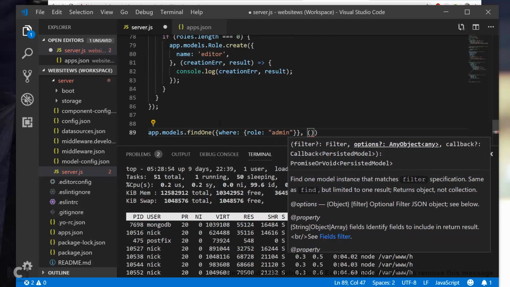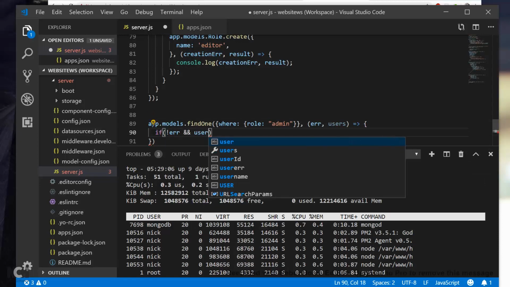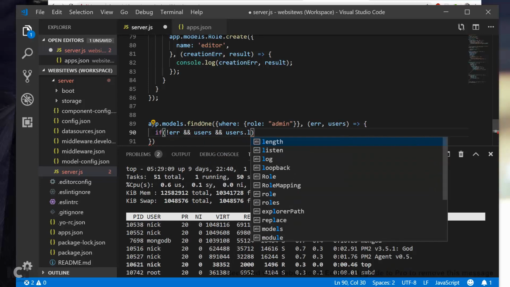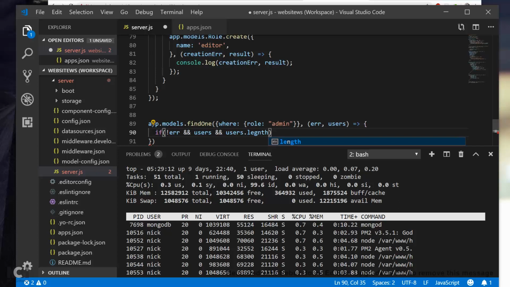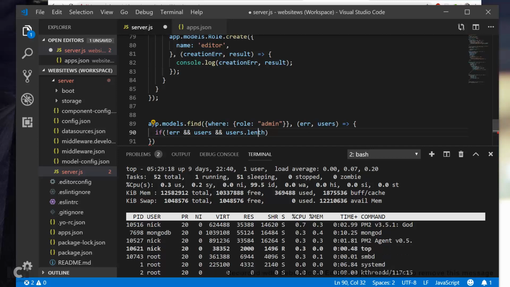If it doesn't find any, so if not error and users.length, actually this shouldn't be find one, it should just be find because we're actually going to test the length of this,